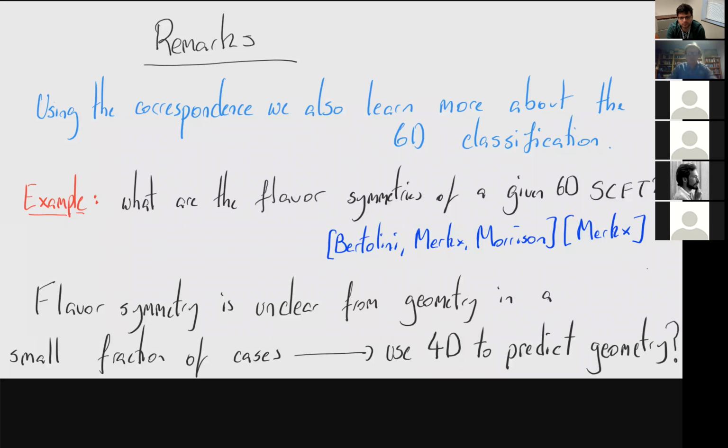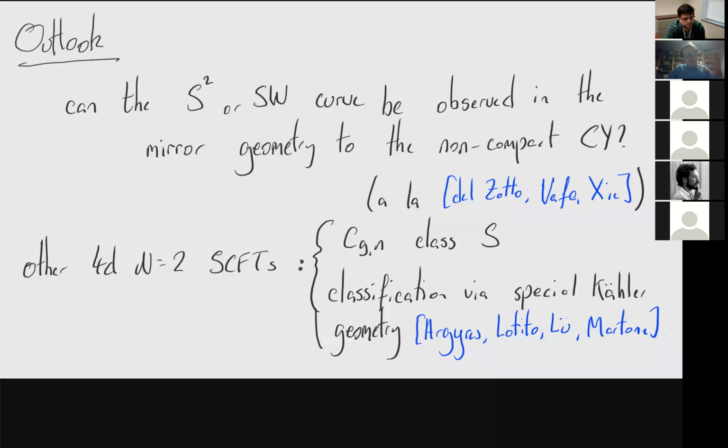Okay, and let me give a brief outlook. One question you might ask is, can the Seiberg-Witten curve or something like it be observed in the mirror geometry to the non-compact Calabi-Yau? So you have the F-theory geometry with its curves and algebras. And what you might expect is that if you take the mirror Calabi-Yau, then you might see the Seiberg-Witten curve or the three-punctured sphere in this geometry. This is what happened in the cases I listed at the very start, in the paper by Del Zotto, Vafa, and Xie,